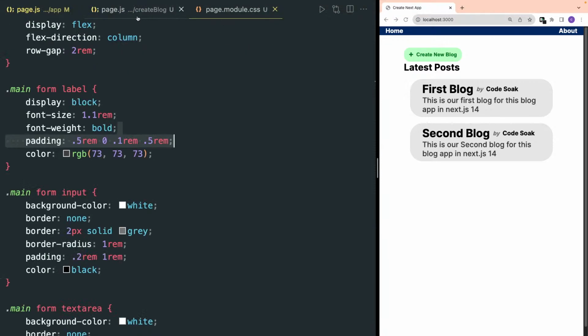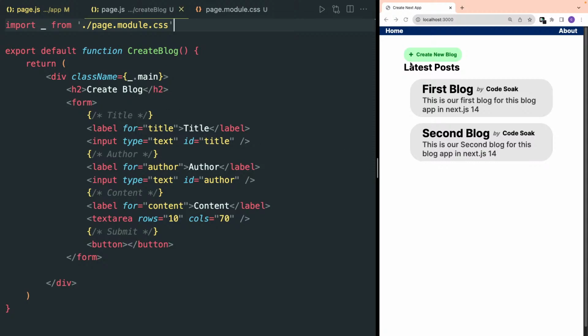Now let me close our app and create blog. Okay, so on the click of this button, I want to go to the create new page. So for that, I think